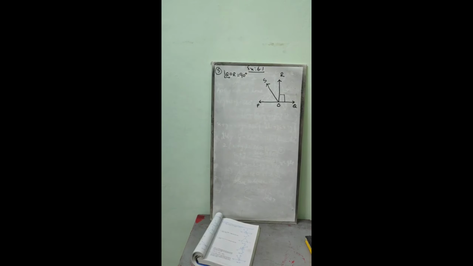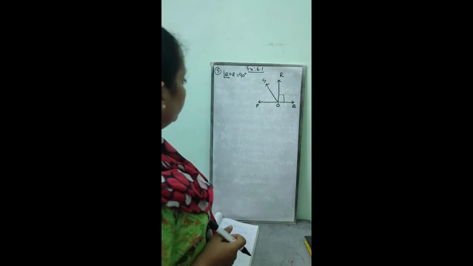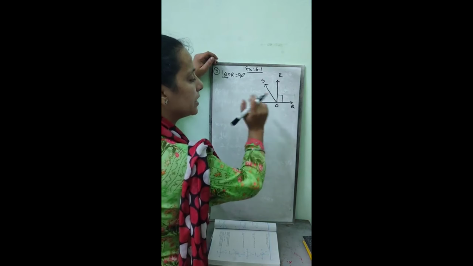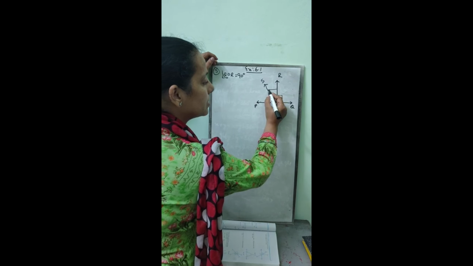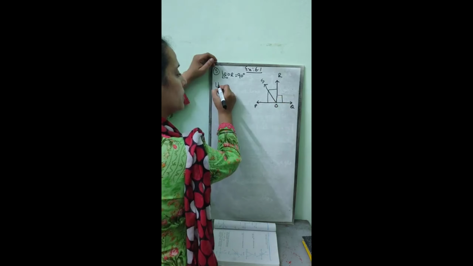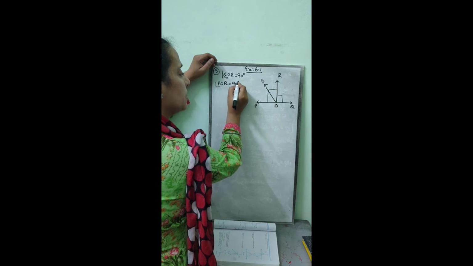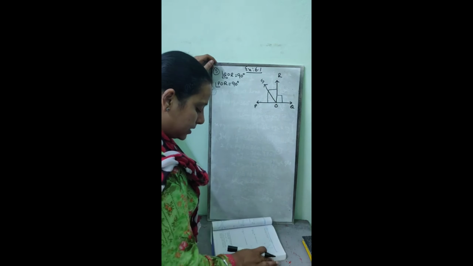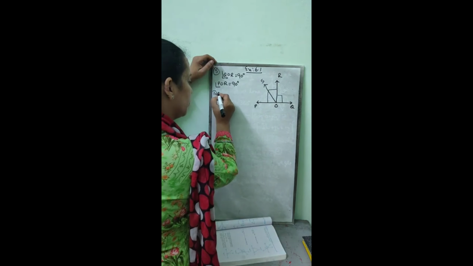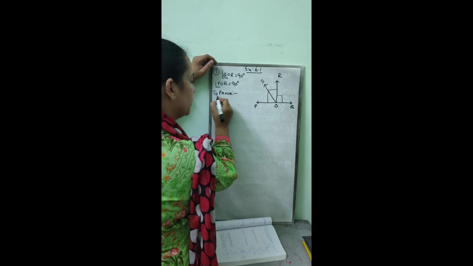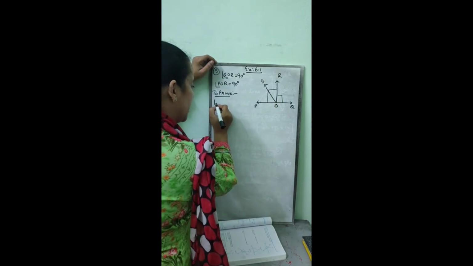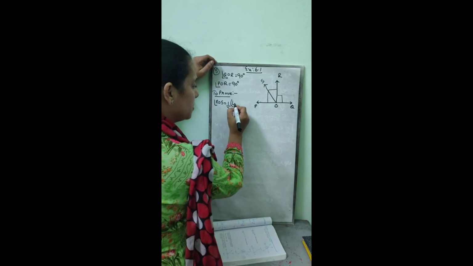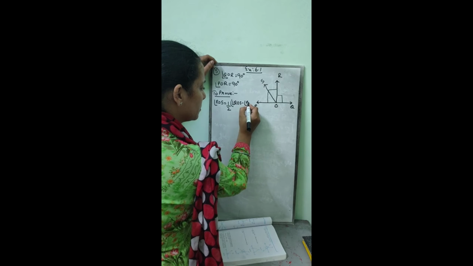Yes students, now we are going to discuss sum number 5. This is the diagram for sum number 5. This angle QOR is 90. If this angle is 90, it is understood that the angle on the other side, POR, is also 90. He will not say this, it is understood. Clear? Now his question is, he is asking to prove angle ROS is equal to 1 by 2 of angle QOS minus POS.